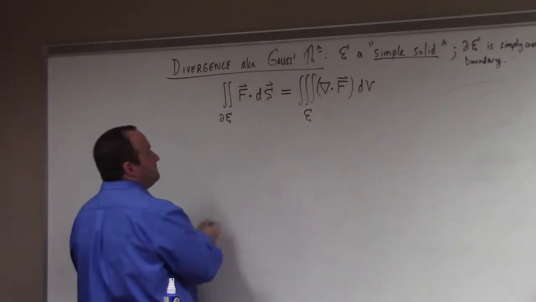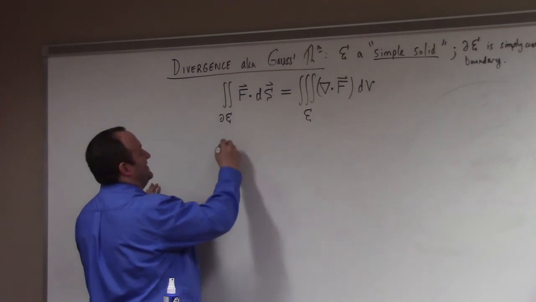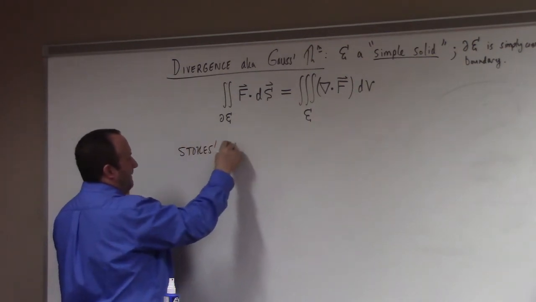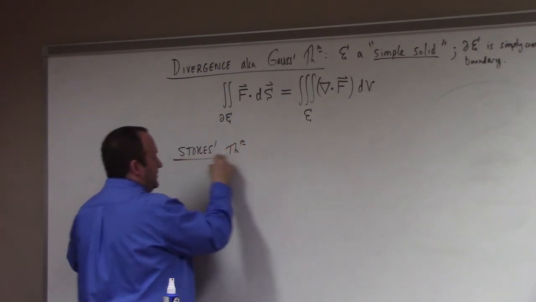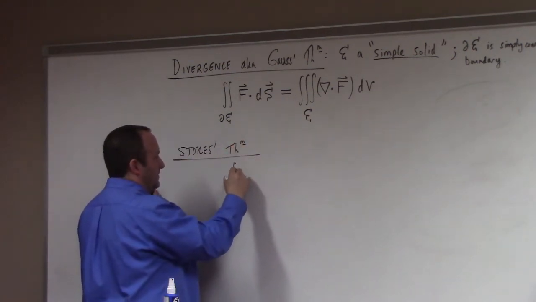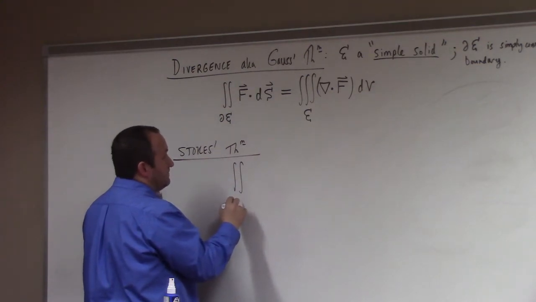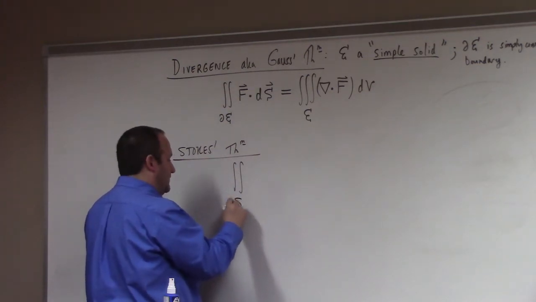The other theorem, and this one's even weirder, is Stokes' theorem. Stokes' theorem says that the integral around the surface integral